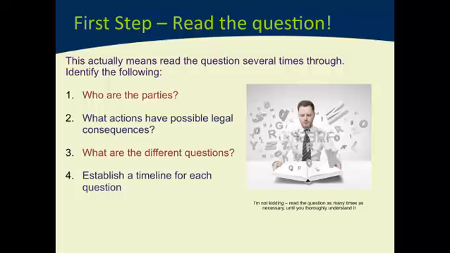You quite often find that examiners will be very amusing and they'll give characters in problem questions funny names like Bob the Builder that I just used a moment ago. And this can actually be a real distraction. And you can get to the end of it and think, no, hang on, who's the plaintiff again? Who's on which side? So make a list of the parties. That's the second reading through.